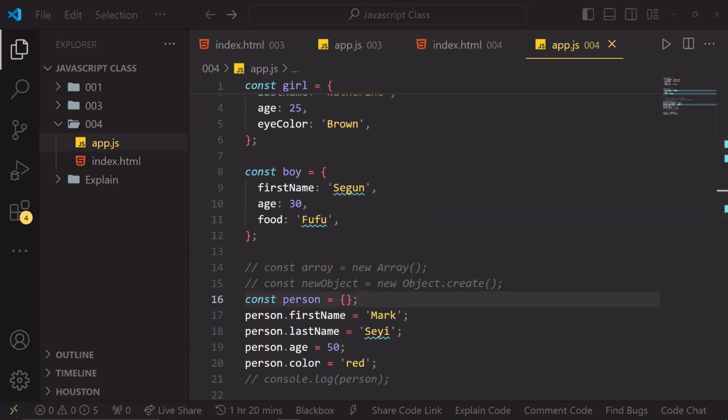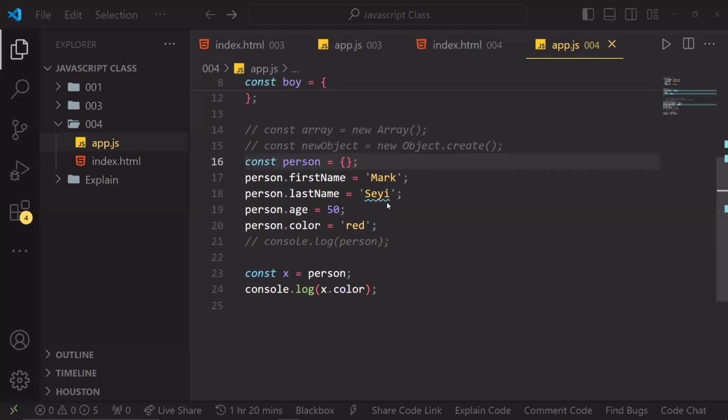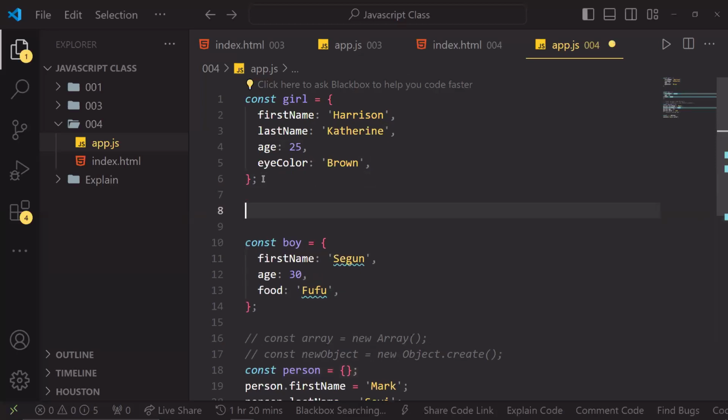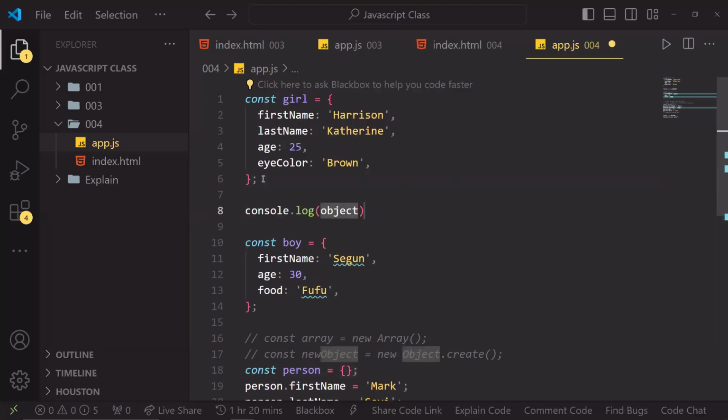So you have properties on how to access your object. If you notice what I did here, I said x.color. So this basically is how you access items in the property. You have your item variable, then you put a dot. Once you put the dot, every item you have comes into play. So let's particularize it. If I say console.log girl, if I say girl